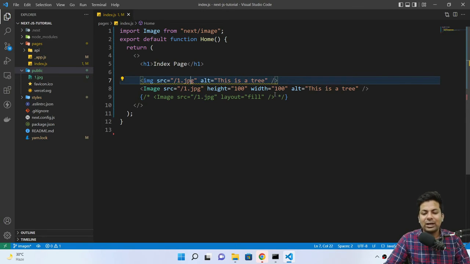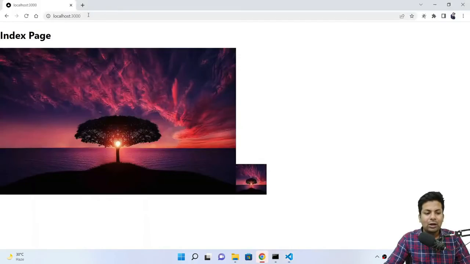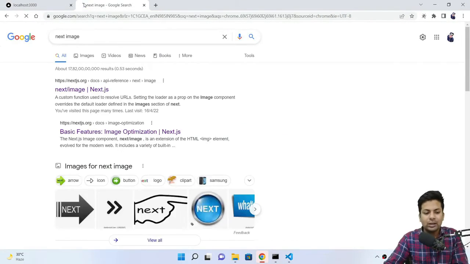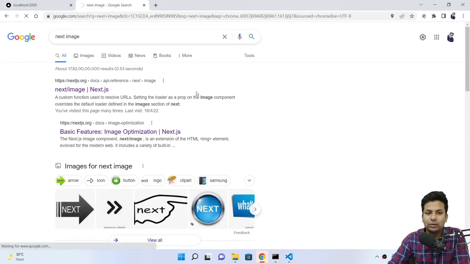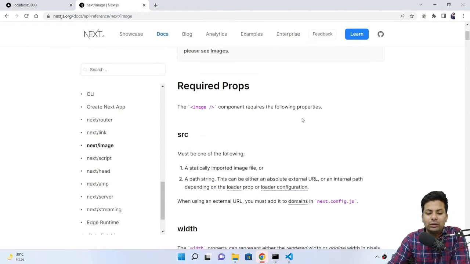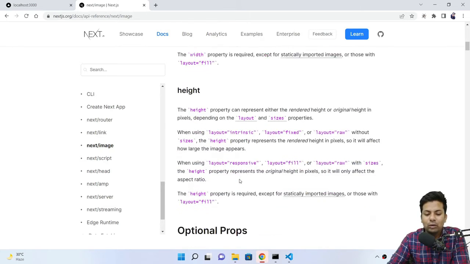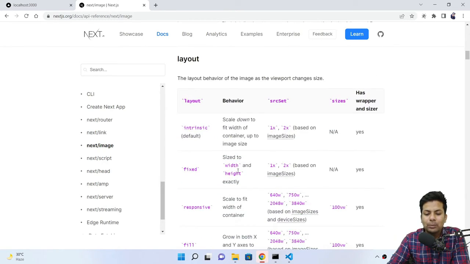I think here I have to give height and width also. Let it be. Now if I Google next image, there are a lot of other options also. You can just explore that also. Firstly, src. Normally in src you can give the URLs also. Width, height, I have already shown you. Optional props. See,